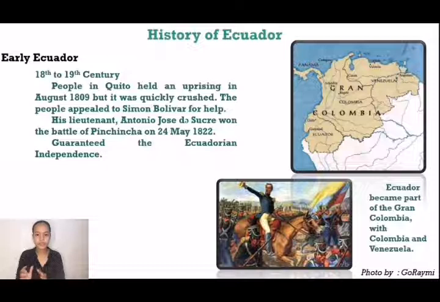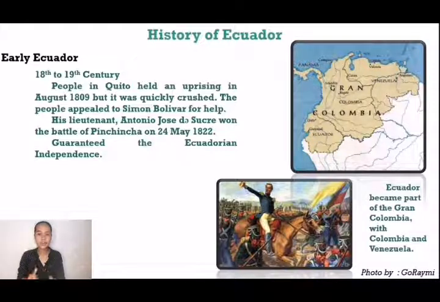Ecuador broke away again in 1820 and the people appealed to Simon Bolivar for help. His lieutenant, Antonio Jose de Sucre, won the Battle of Pichincha on 24 May 1822, which guaranteed Ecuadorian independence. Ecuador became part of Gran Colombia with Colombia and Venezuela.